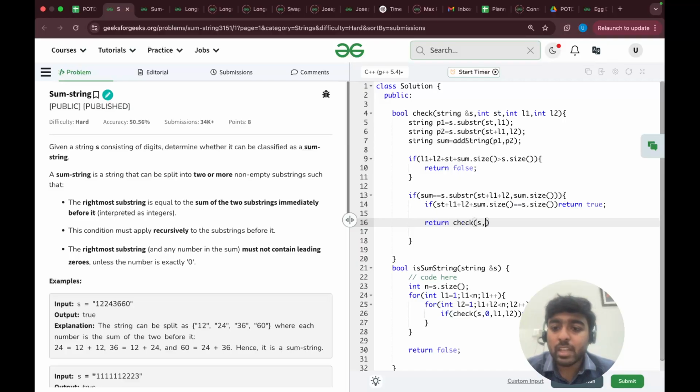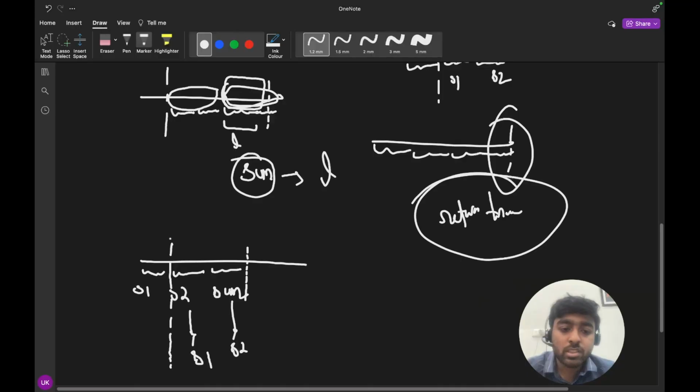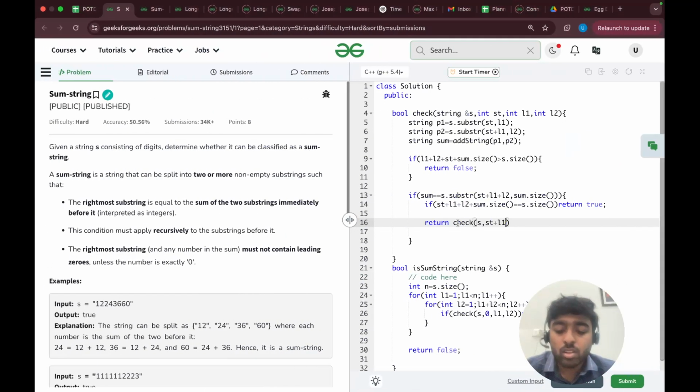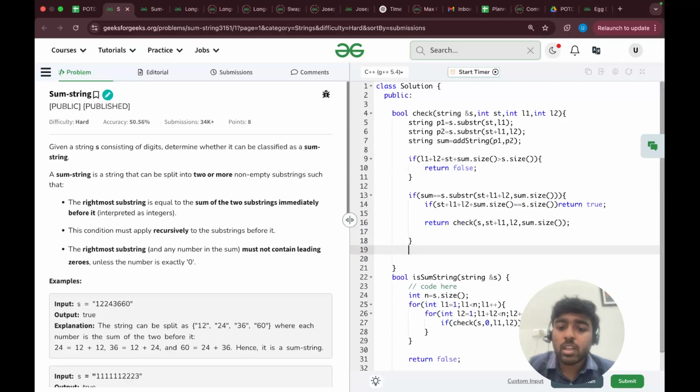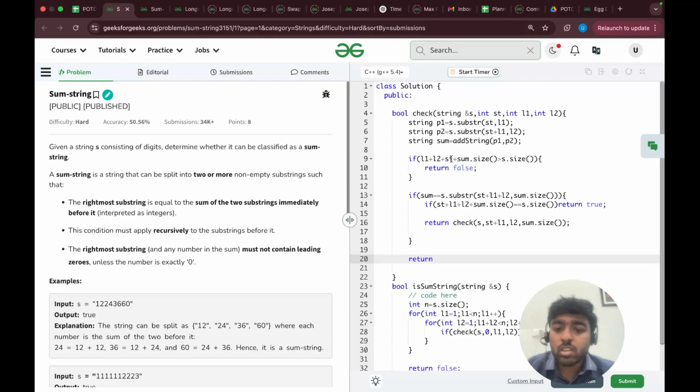Here I will pass my S, then my starting, which will now be starting plus L1, because now this is the starting point, comma, my new length will be L2 for the first, and sum dot size for the second. Okay, if the string was not equal, it means we have to return false. Okay, now I have to write this add string function.